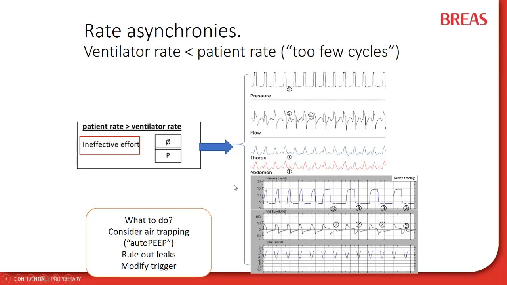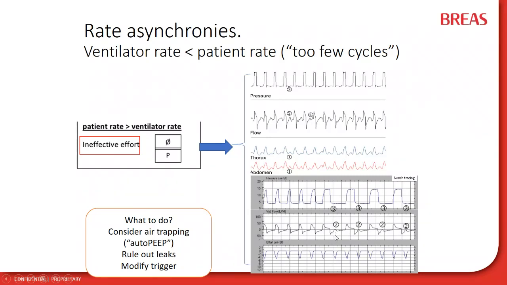If we find ineffective efforts in our tracings, coming back to pathophysiology, what can we do? There are different situations that could explain the presence of ineffective efforts. The first one is air trapping or auto-PEEP. This is typically a situation in which the ineffective effort can be explained by air